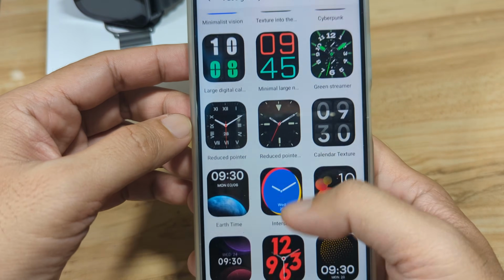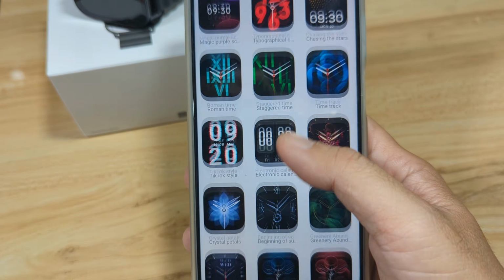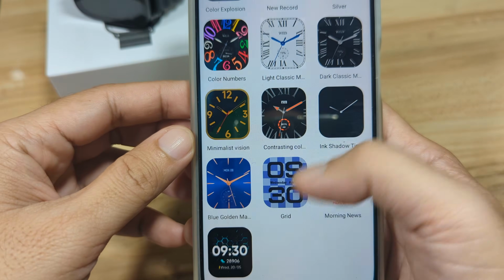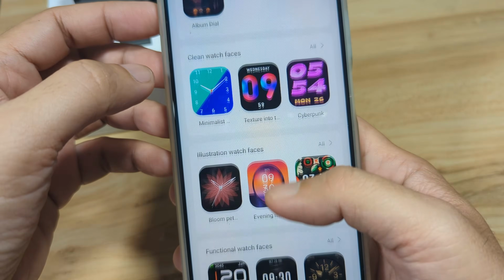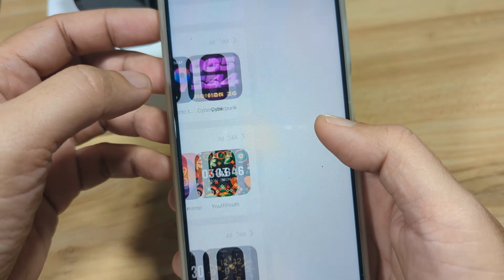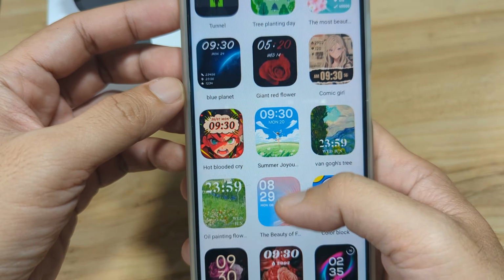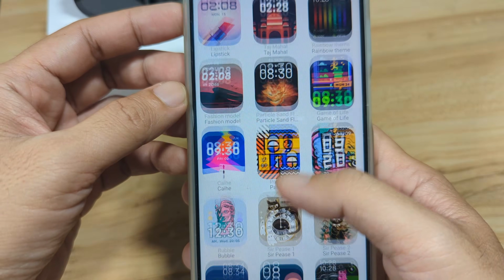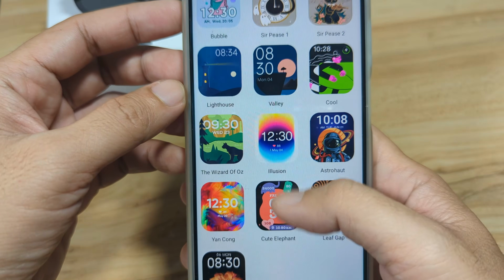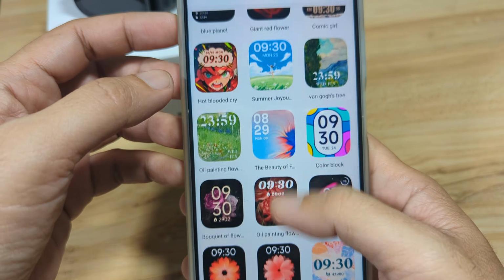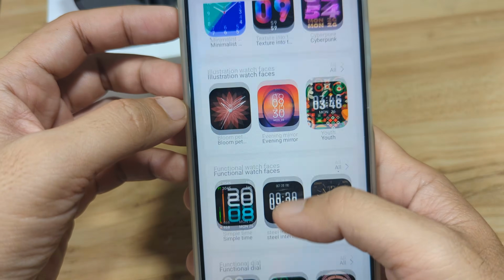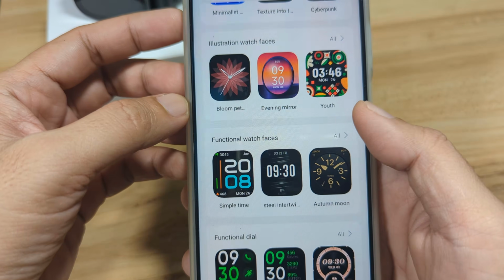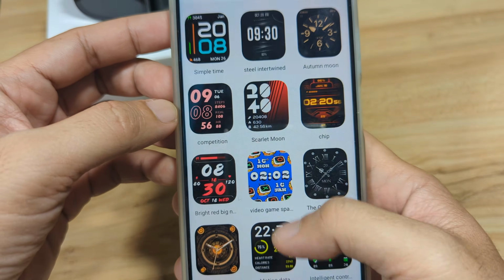So let's check some of the designs here. Then we have illustration watch faces. It is a combination of analog and digital. In the section of watch faces for our Watch 5, we have functional here. I think this one is the dynamic section for watch faces.